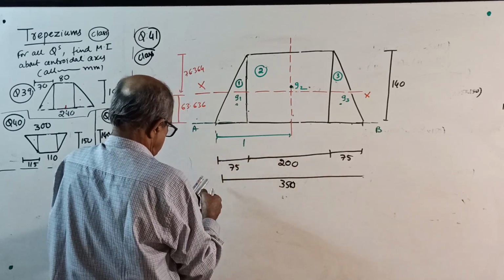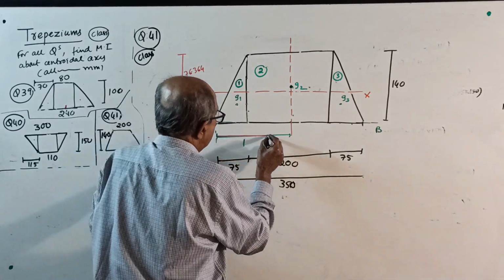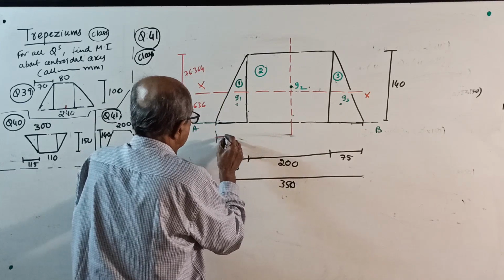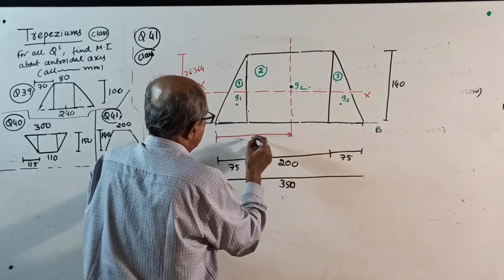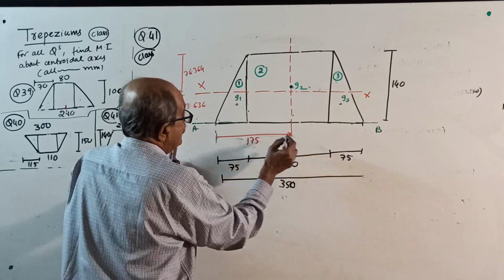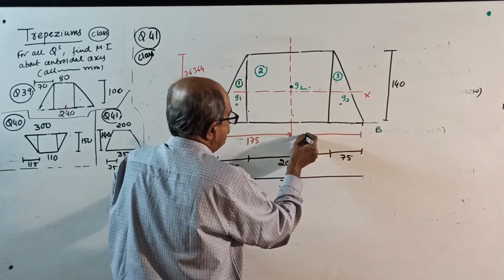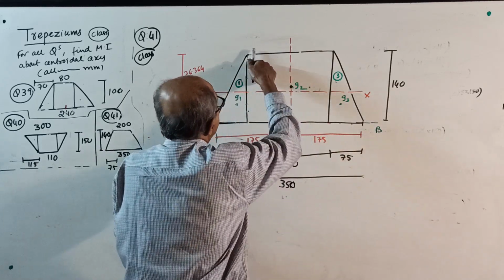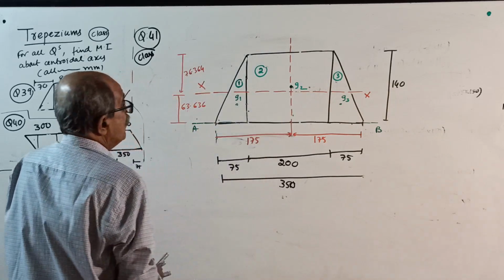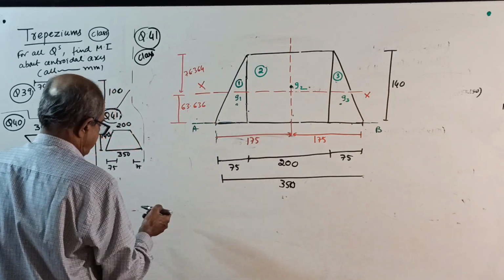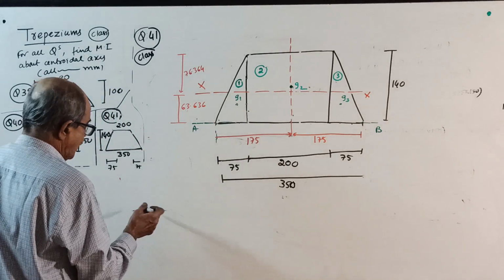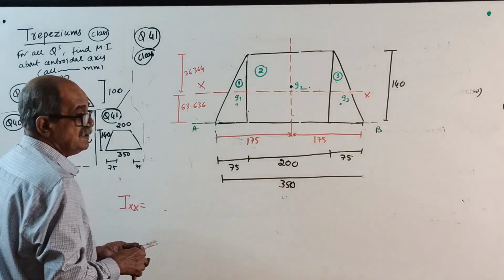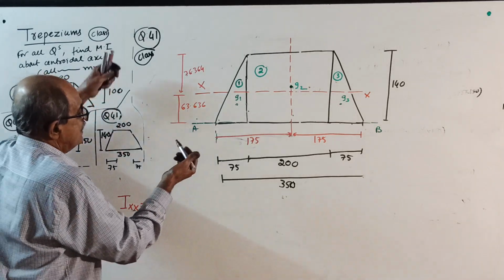Red color is required. This is 175, this also 175. That side is not required. Okay, start. Now, I about XX, you can do fast now. I am starting from here because there is no space problem. First,